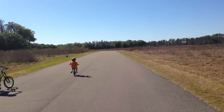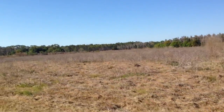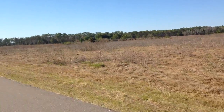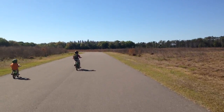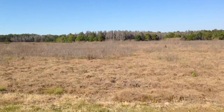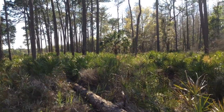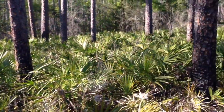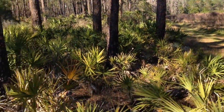There's another cool view of Colt Creek State Park on a wide open prairie. This here, cypress hammocks, scrub hammocks, and whatnot. We're on our way out to one of the campsites here. We're going down one of the trails, and we're kind of in this pine forest here, longleaf pines and palmetto